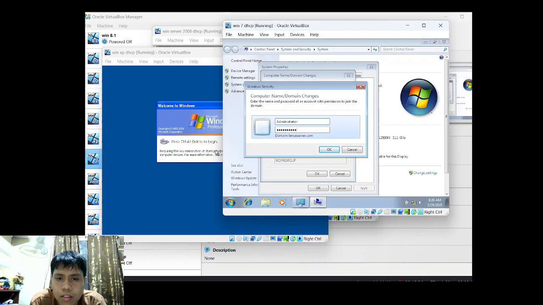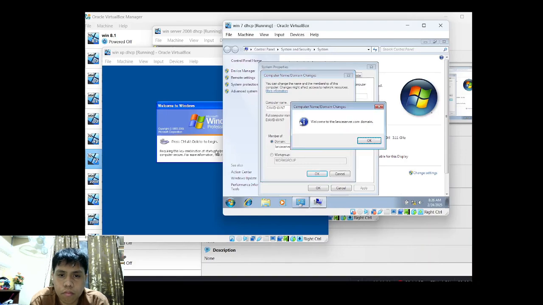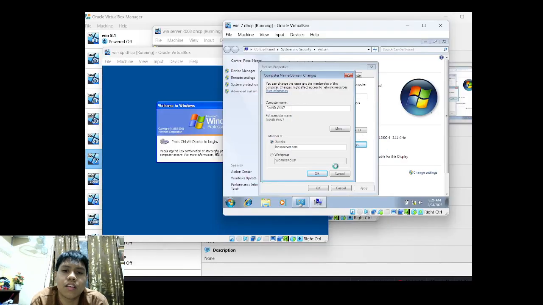Password. Welcome to the lanserver.com and it will restart again.